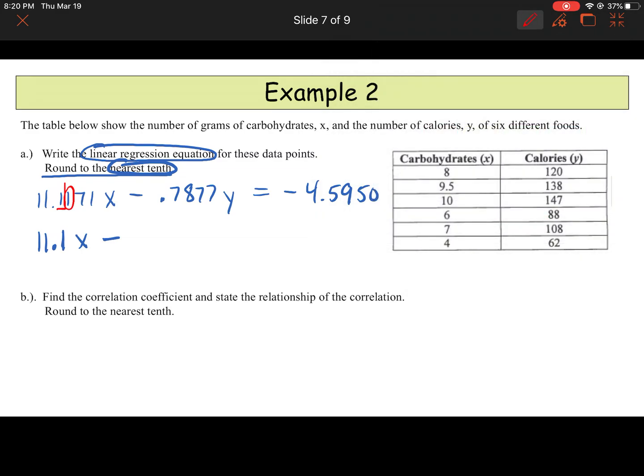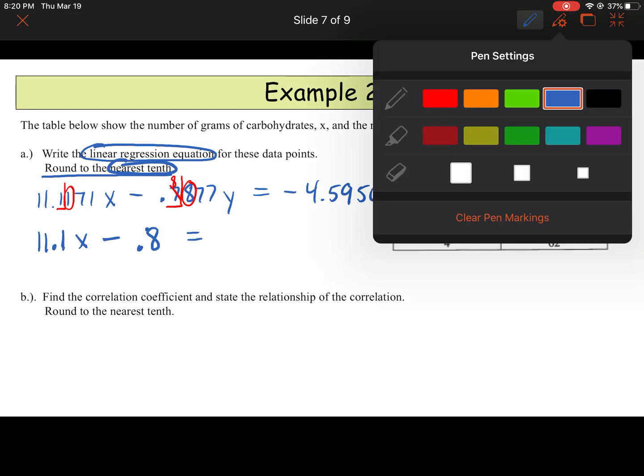Minus. Okay, same thing. Here's the nearest tenth place, the first place value after the decimal. Does the 8 round the 7? 5 or above, give it a shove. Yes, 8 is bigger than 5, so I give this a shove to the next one up. 7 plus 1 is 8. So I have 0.8 equals,